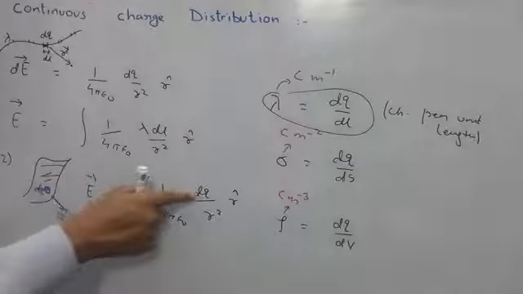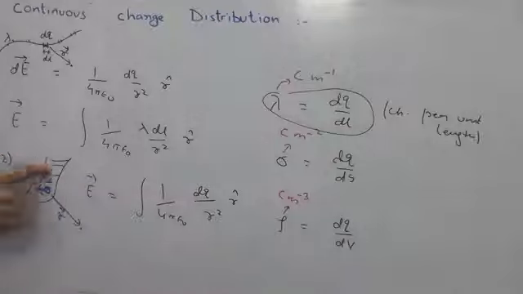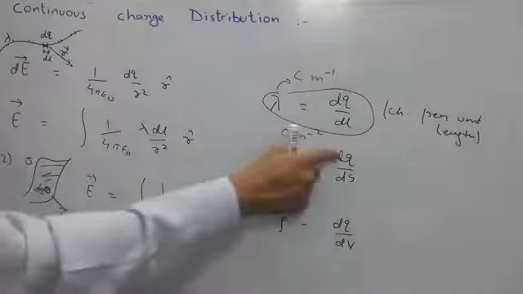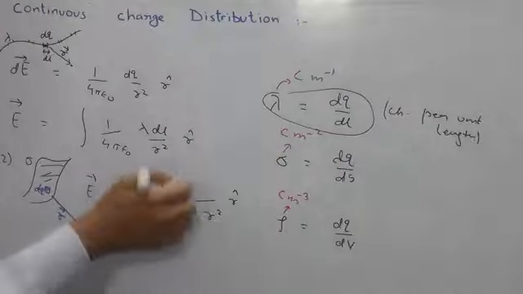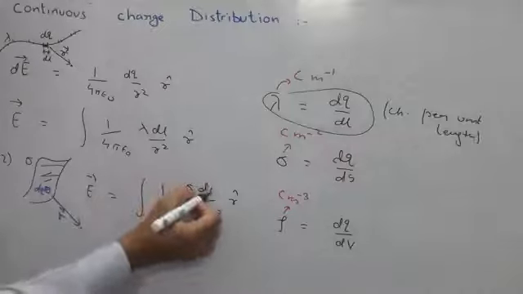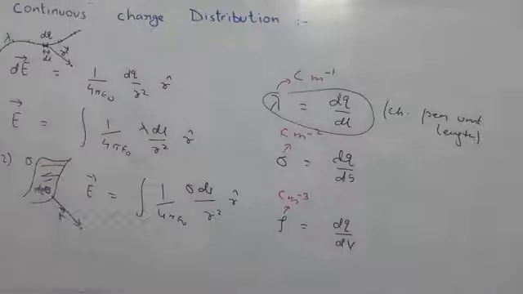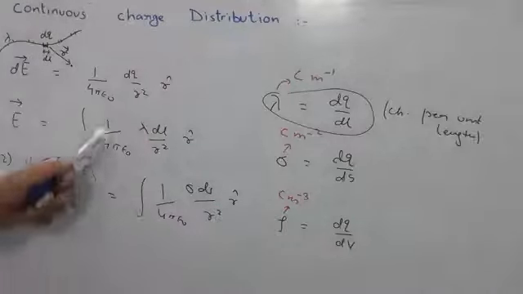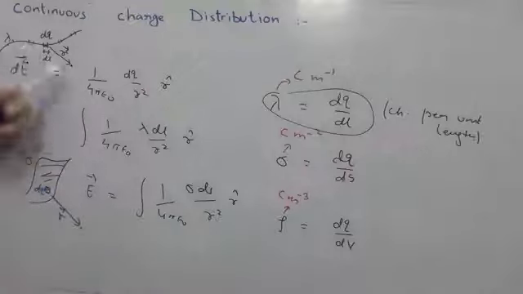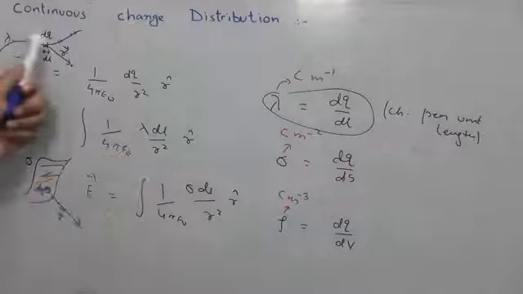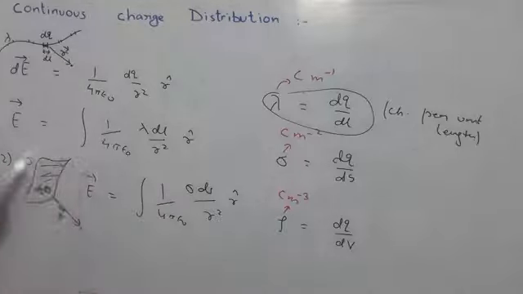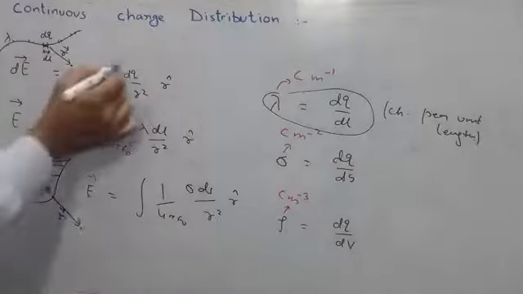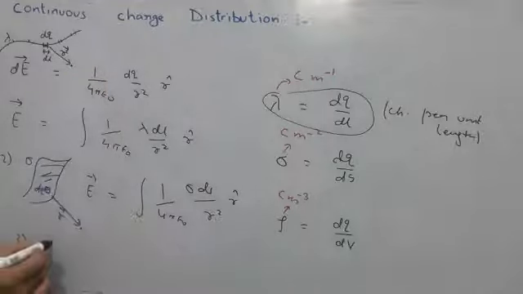And here dq we have to replace. There is a surface charge density which we have denoted by sigma. So sigma is dq by ds, so dq we will replace by sigma into ds. Note the changes over there. Other parameters will remain the same, just the charge element dq you will write as lambda into dl for the linear case, sigma into ds for charge distributed over a surface, and the same dq in the third case, that is volume charge distribution,